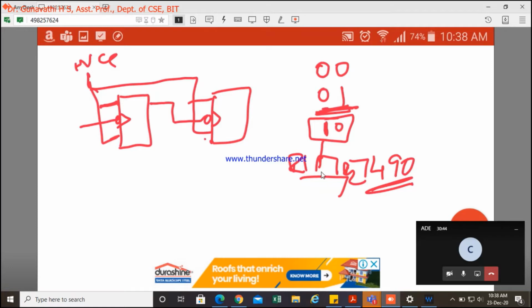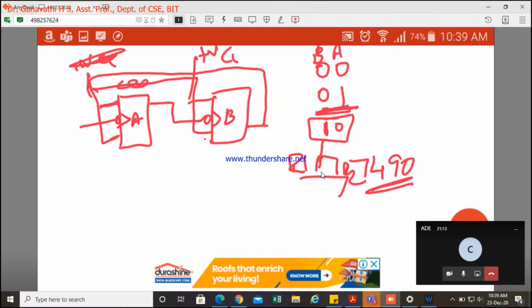Now this will always be the higher bit. Suppose I mention this as B and this as A. These are the outputs, 0 0, 1 0. The complementary output here is 1 1, so this will be connected here as an input for the first stage, and here it will be given VCC.